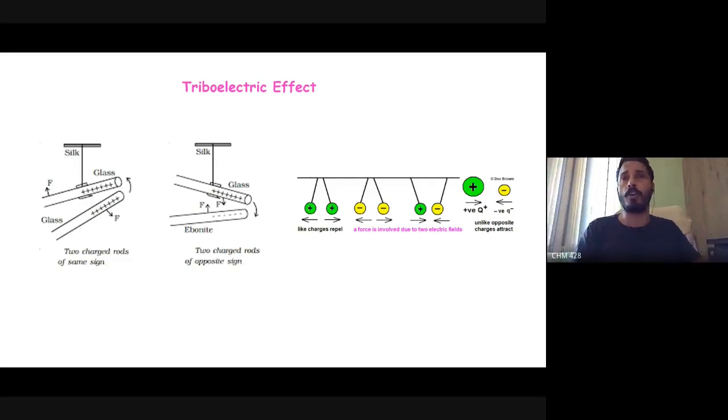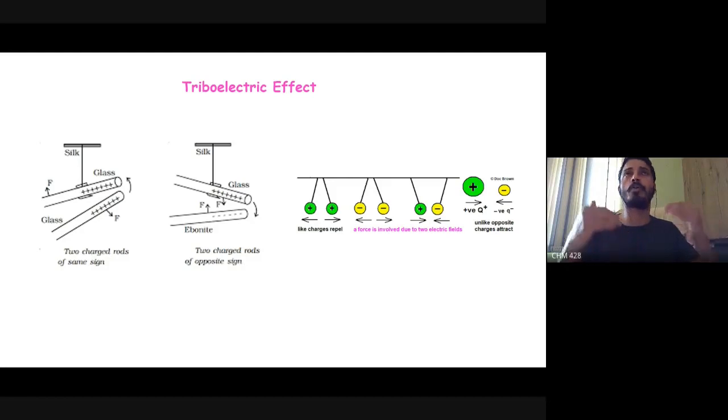They understood it was opposite because whenever they kept a glass rod near to an amber stone, they got repelled. And whenever they kept two glass rods rubbed in the same way adjacent to each other, they got repelled. Whenever they kept an amber stone near to a glass rod, they got attracted. This way they understood that like charges repel and unlike charges attract.